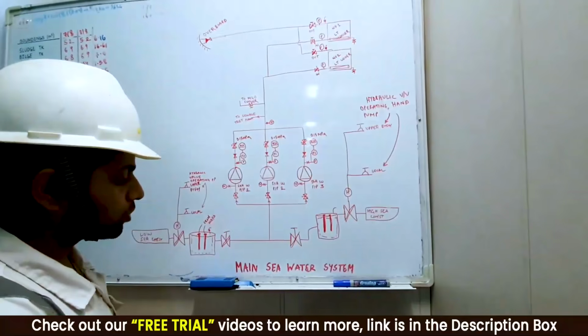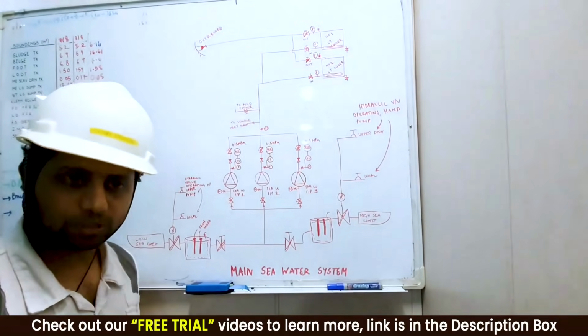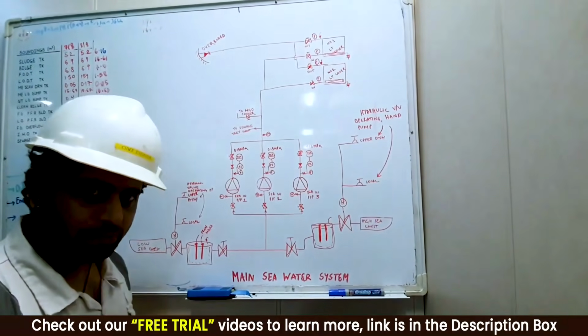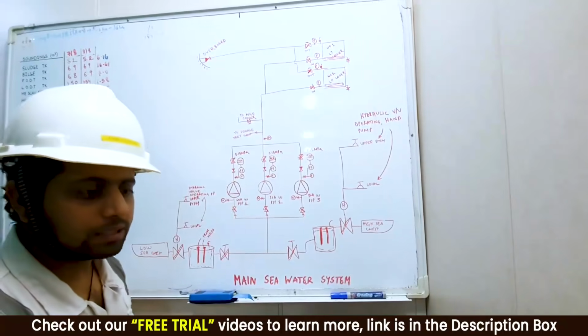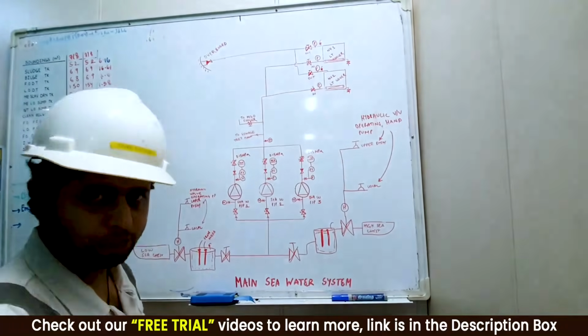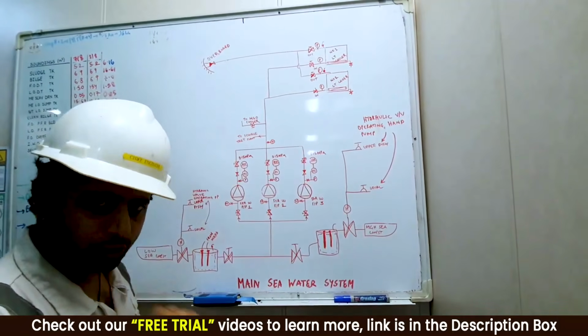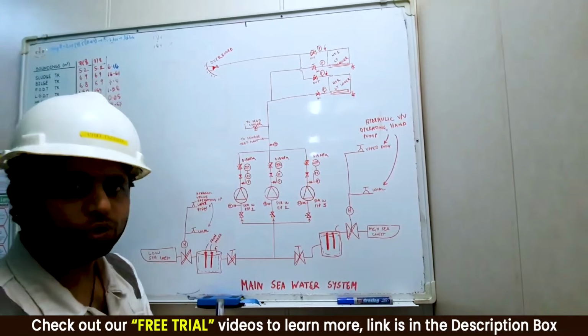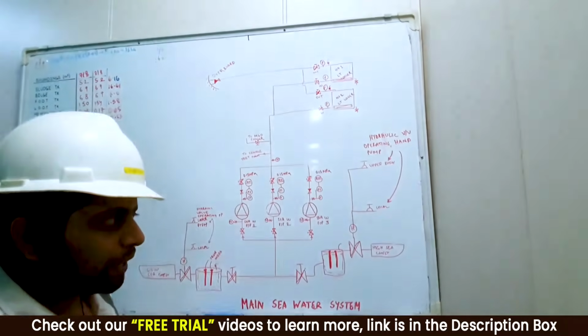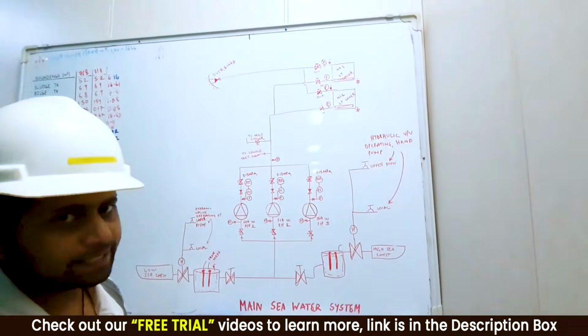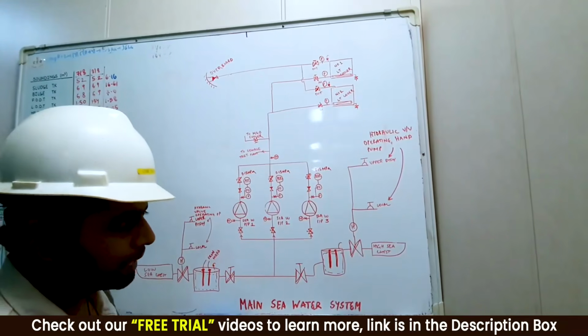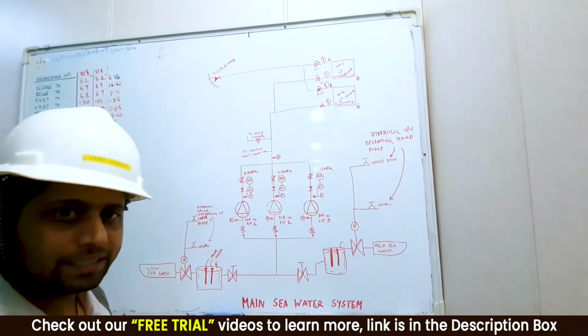Today I am going to talk about the main seawater system on board a ship. I have told you so many times, I'll tell you again: the line diagram is the heart of understanding for a chief engineer. If you're a junior engineer or a fourth engineer, and you know your line diagrams well and you know why each thing is fitted where it is, that is very important. So I wanted to give a few examples of why things are done this way and why these things are fitted.